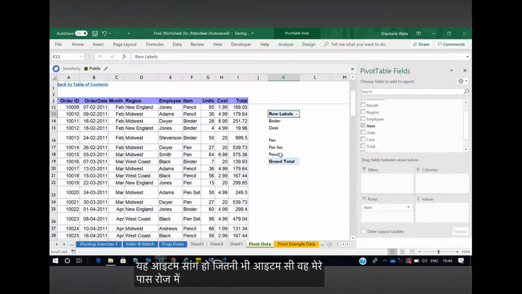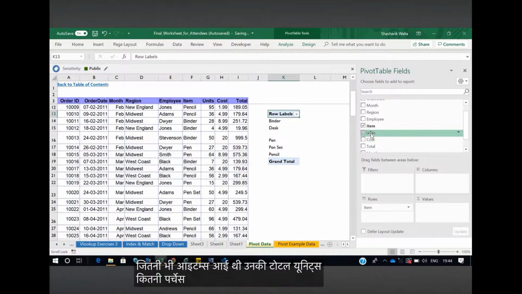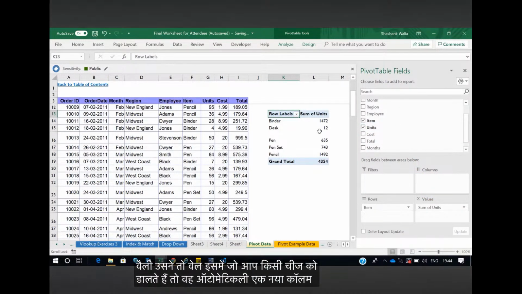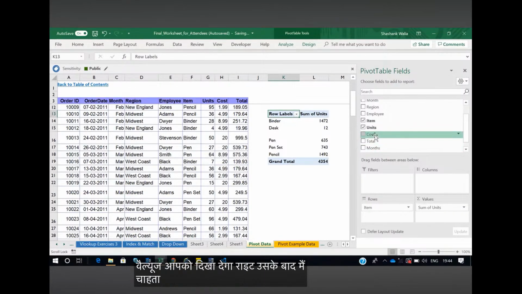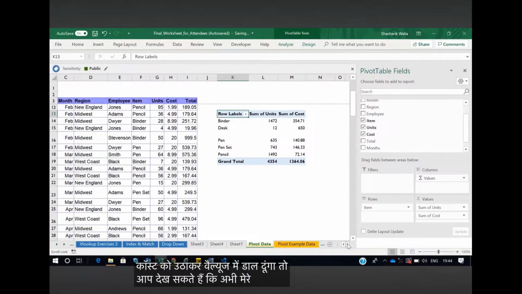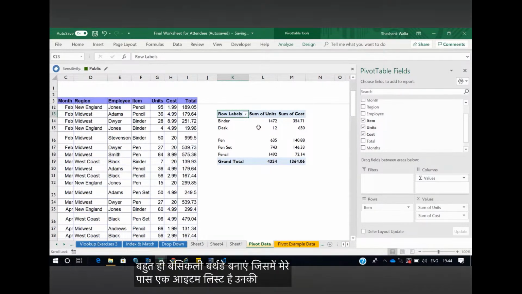तो ये आइटम्स आ गई और जितनी भी आइटम्स थी वो मेरे पास रोज में आ गई। अब मैं चाहता हूँ कि जितनी भी आइटम्स आई थी उनकी टोटल यूनिट्स कितनी परचेज की गई, उनको उठा के मैं डालूंगा वैल्यूज में। तो वैल्यूज में जब आप किसी चीज़ को डालते हैं तो वो ऑटोमेटिकली एक नया कॉलम बन जाता है और उस आइटम के अगेंस्ट वो टोटल वैल्यूज आपको दिखा देगा, राइट। उसके बाद मैं चाहता हूँ कि उनकी कॉस्ट कितनी थी, तो मैं कॉस्ट का उठा के वैल्यूज में डाल दूंगा। तो आप देख सकते हैं कि अभी मेरे पास एक पिवट टेबल बनना स्टार्ट हो गया। तो ये एक बहुत ही बेसिक पिवट टेबल है जिसमें मेरे पास एक आइटम लिस्ट है, उनकी यूनिट्स हैं, उनकी कॉस्ट है, ठीक है।